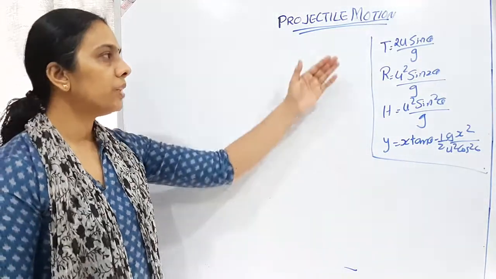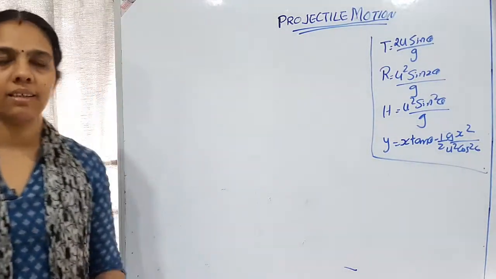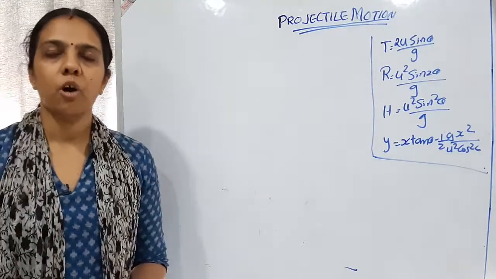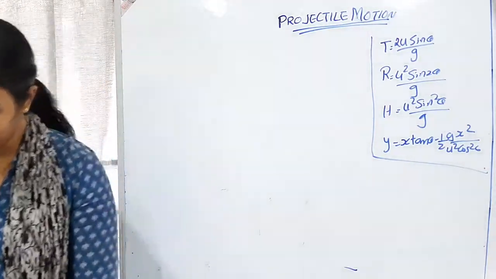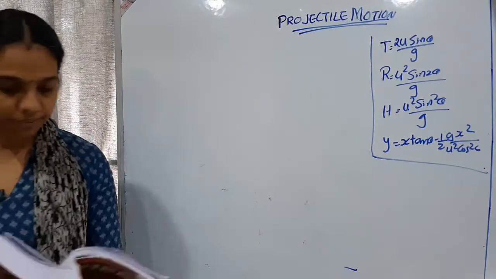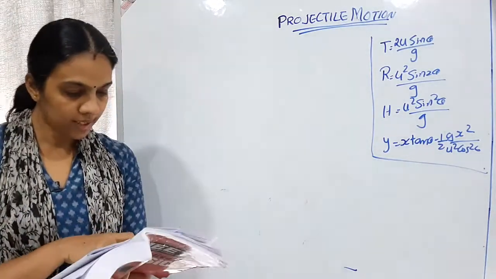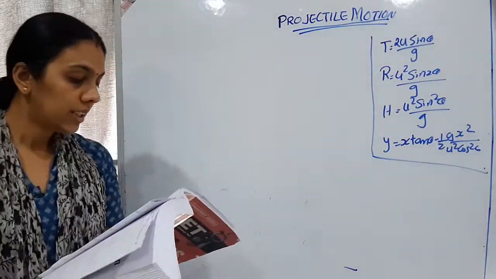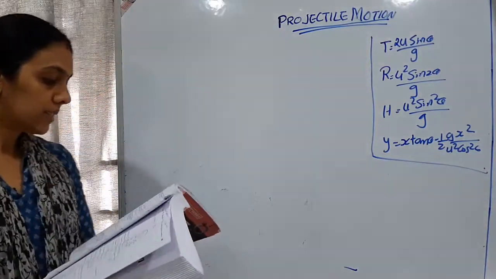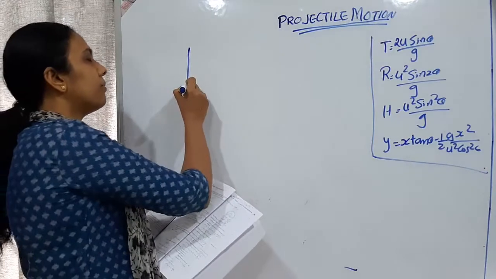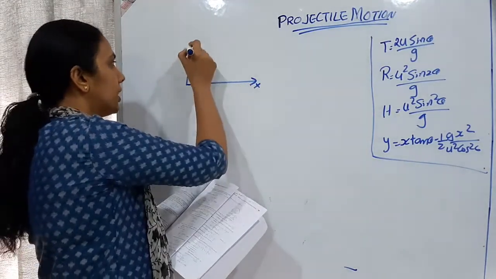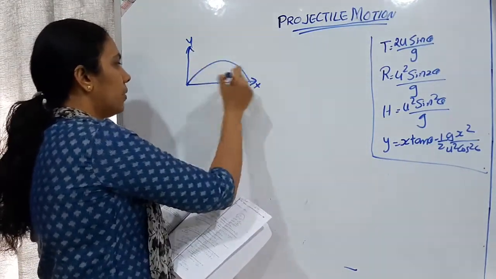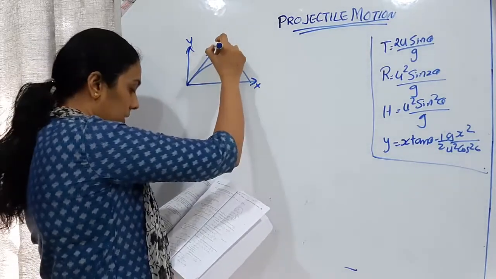So we were doing numericals with these formulas, and today also we are continuing with the same kind of questions. First one is: if the instantaneous velocity of a particle projected as shown in the figure is given by... So here in the figure, a normal projectile motion is given, like this, and this is the velocity v.